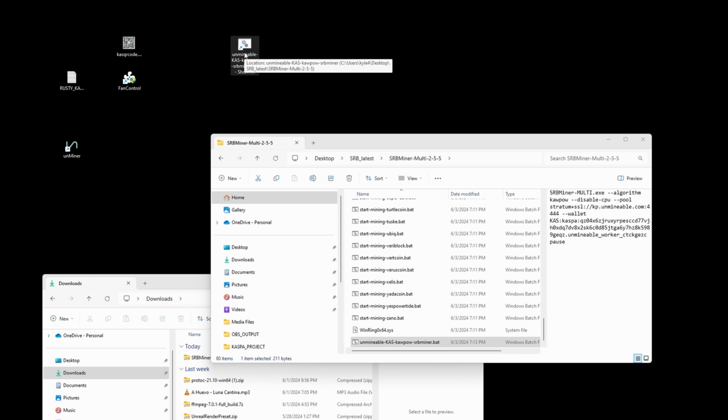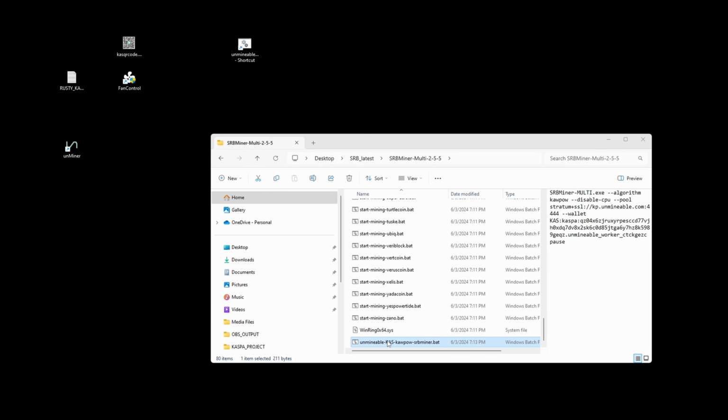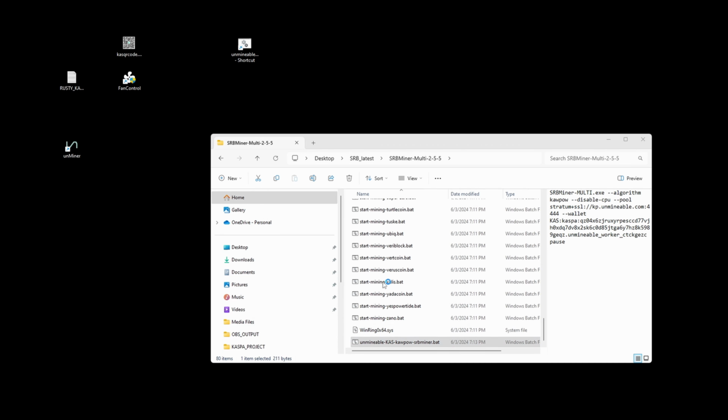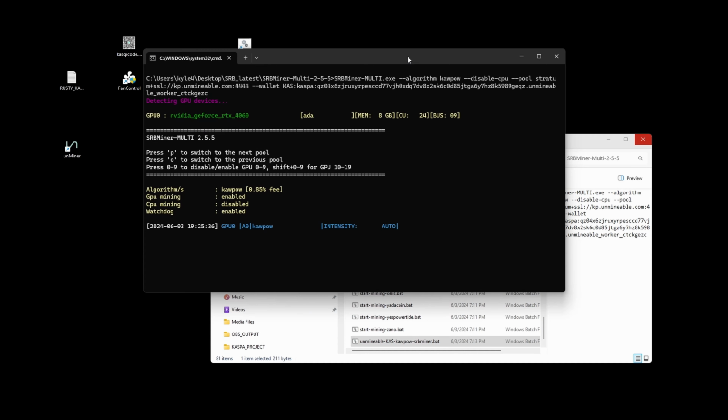Since I have this folder already open in front of me, I just couldn't resist the temptation to click on it in the folder itself. Okay, and it's really as easy as this at this point. You'd go into that folder, double click, run it. It's going to detect your GPU and start getting your